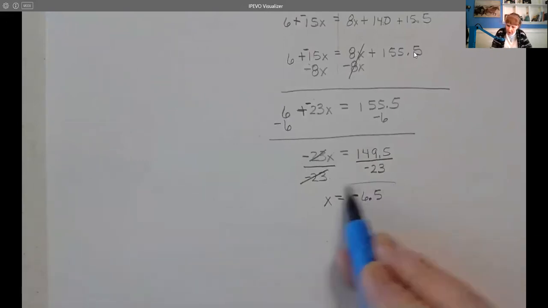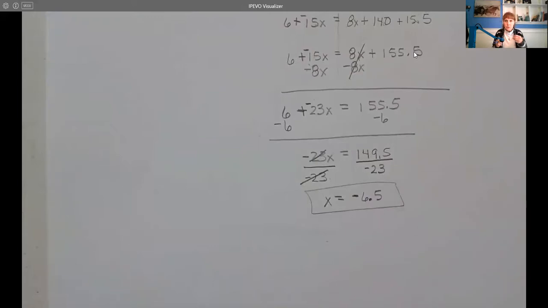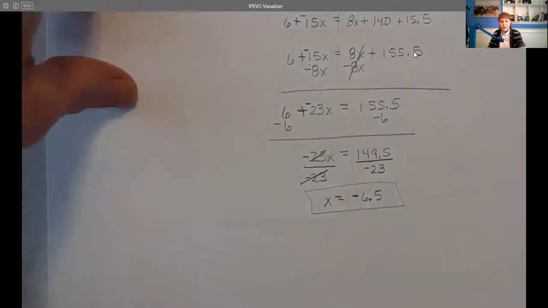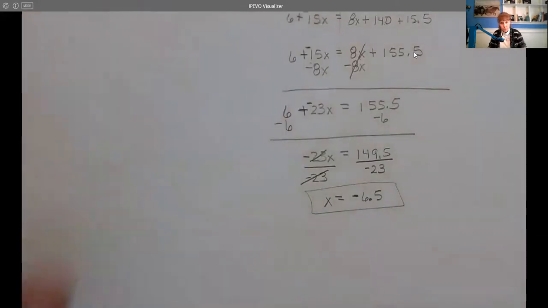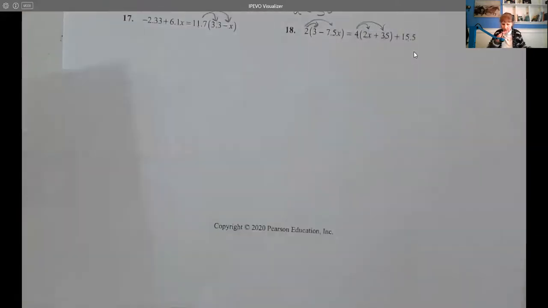All right. So, again, if you struggle with this, do similar. And if you still struggle with solving equations, let me know and we'll Zoom, and I can hopefully get you straightened out. All right, so now what we're going to do is look at the last section of this chapter